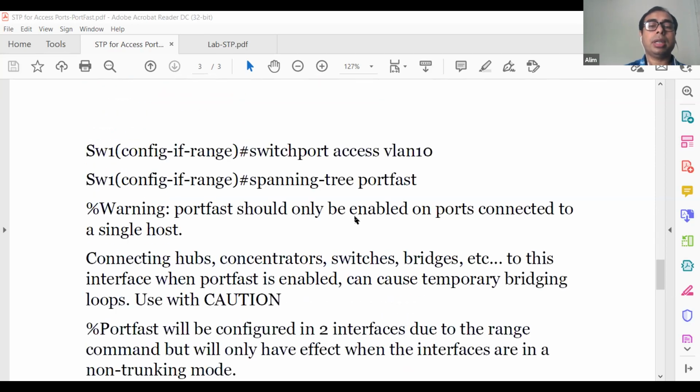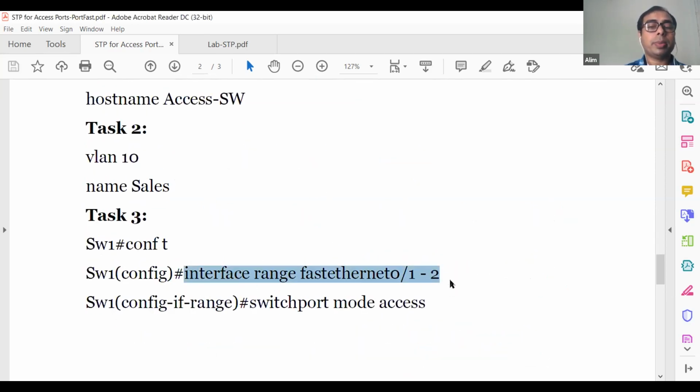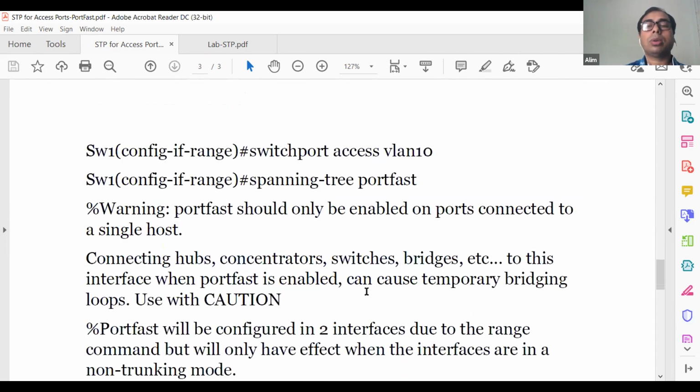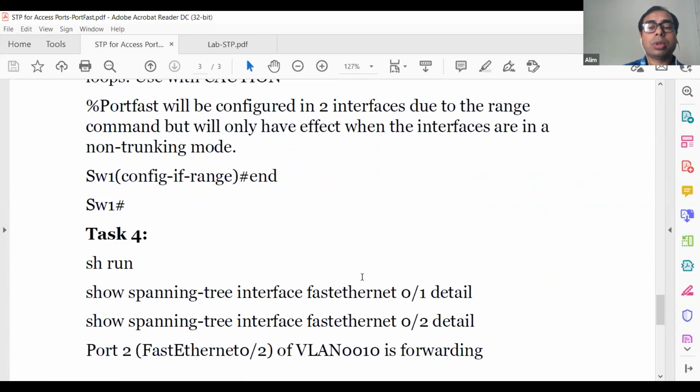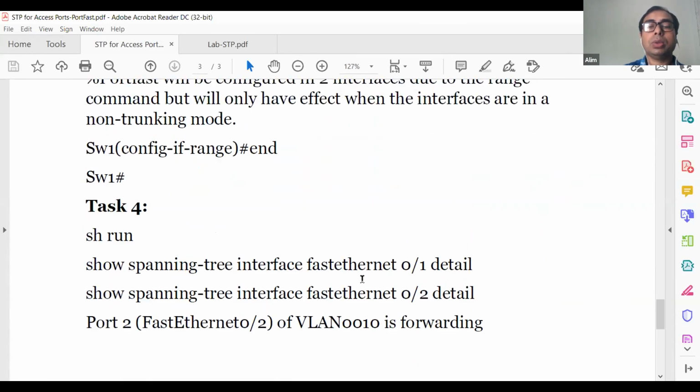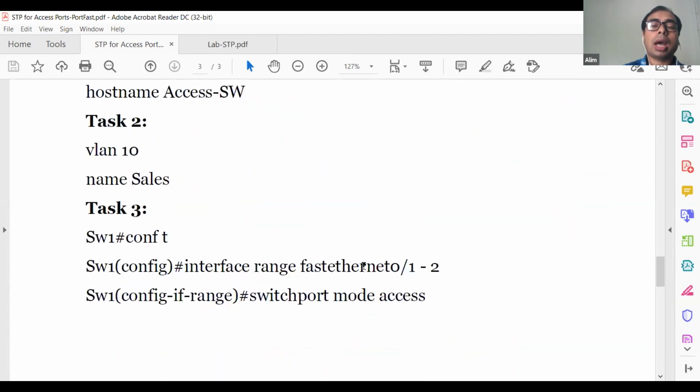The command will be in the interface. You will go to a specific interface. For example, you can also use range, for example 1 to 2 here, and switchport mode access. You know, an access port is used for hosts, and switchport access VLAN 10. Here space is named, however, 10, for example, VLAN 10 is used, and spanning-tree portfast. Just use this command, and you will see that your port is up